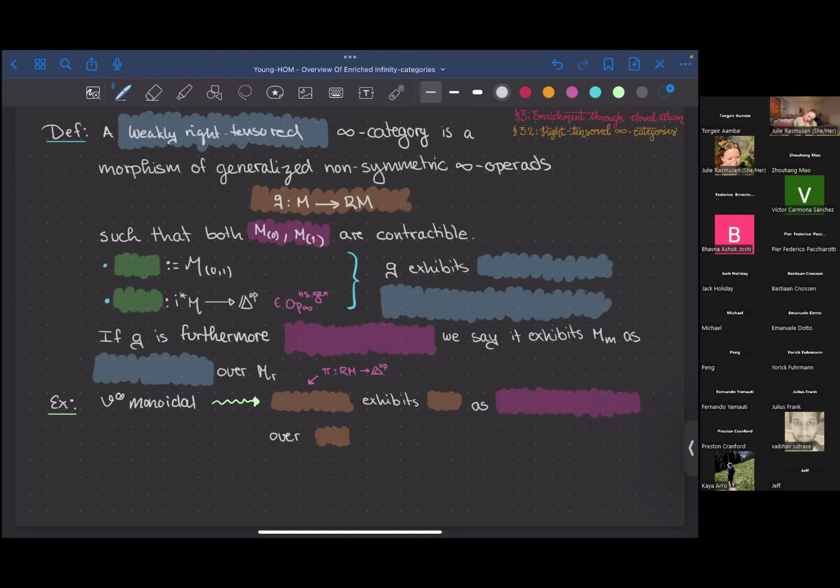What we do is that we denote by M the fiber of M over 0,1, and M_R tensor, the generalized non-symmetric ∞-operad we obtain by applying this projection map I to our map M, so by pulling that back. And in this case, what we say is that Q exhibits the fiber over 0,1, so M_M, as weakly right tensored